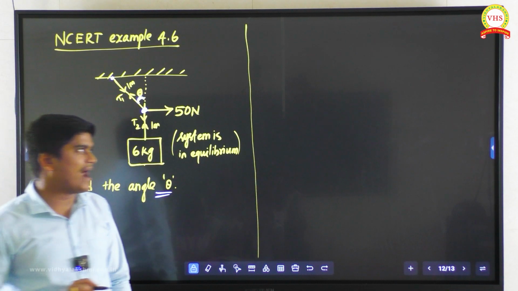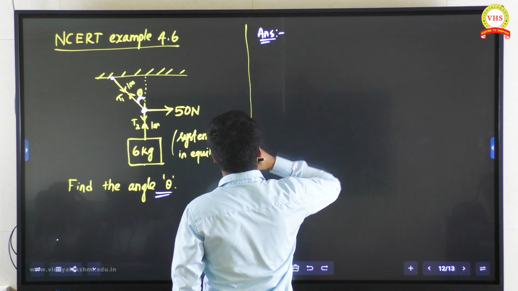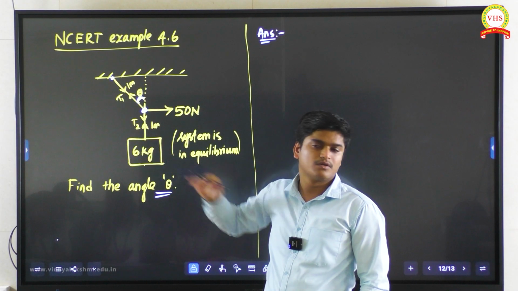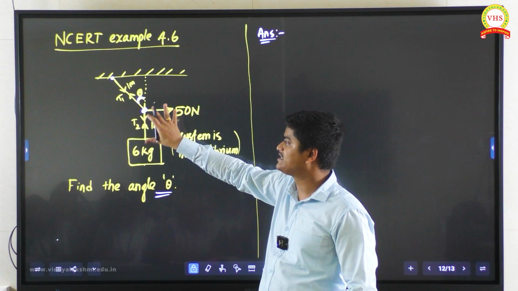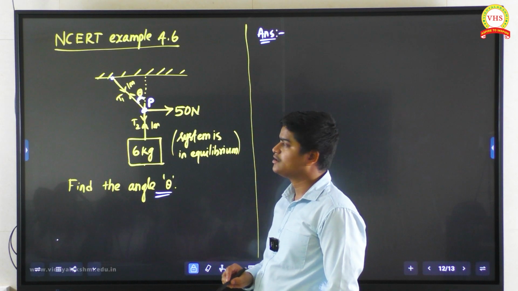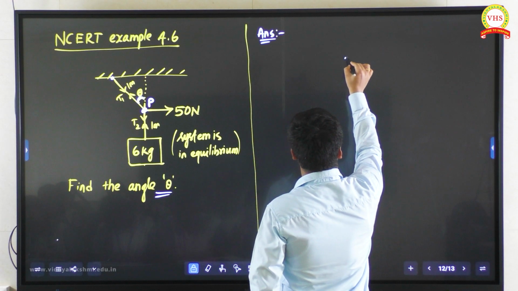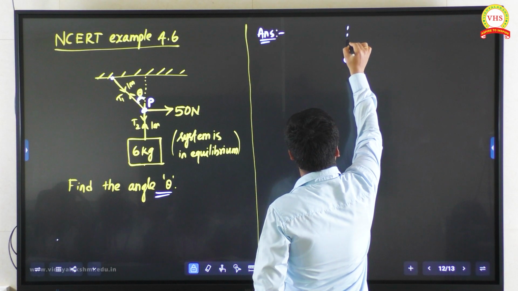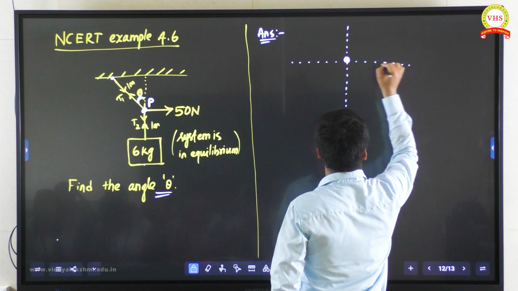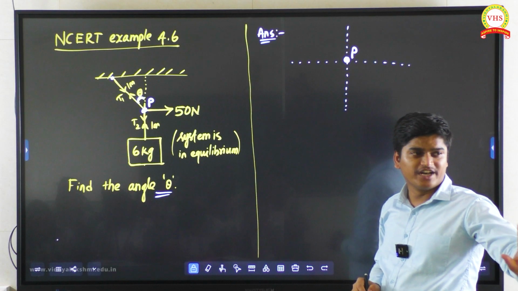So what do you have to do first, how to approach this? To solve this type of question, first you need to understand the free body diagram perfectly, and all the forces acting at each and every point. Suppose I take this point P, which is in equilibrium. Now at this point P, I will try to understand what all the forces are. I will make a vertical direction like this and one horizontal direction like this. This one I will call point P. Now all of you listen carefully.